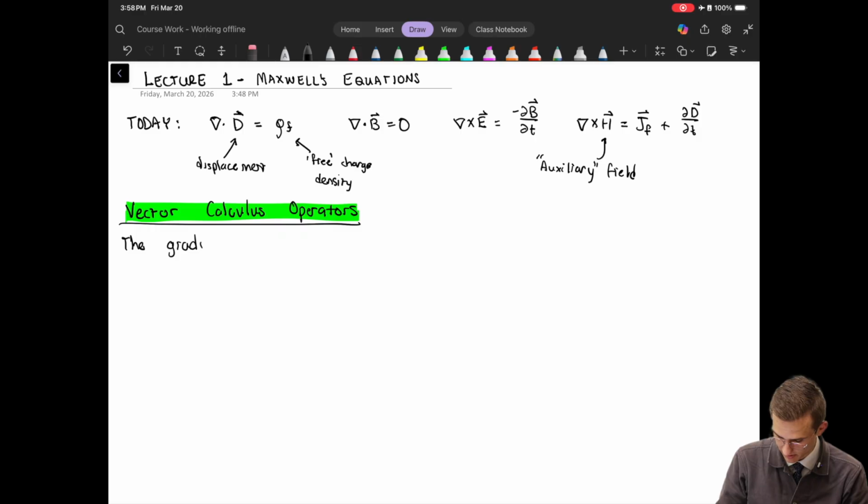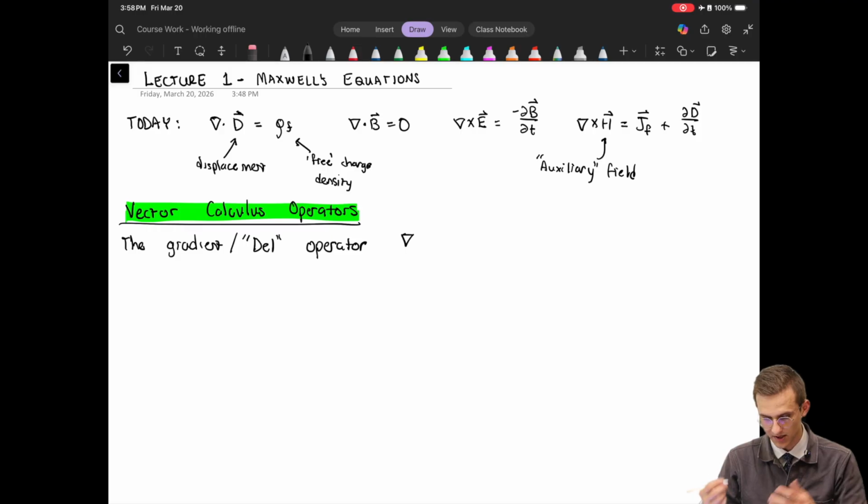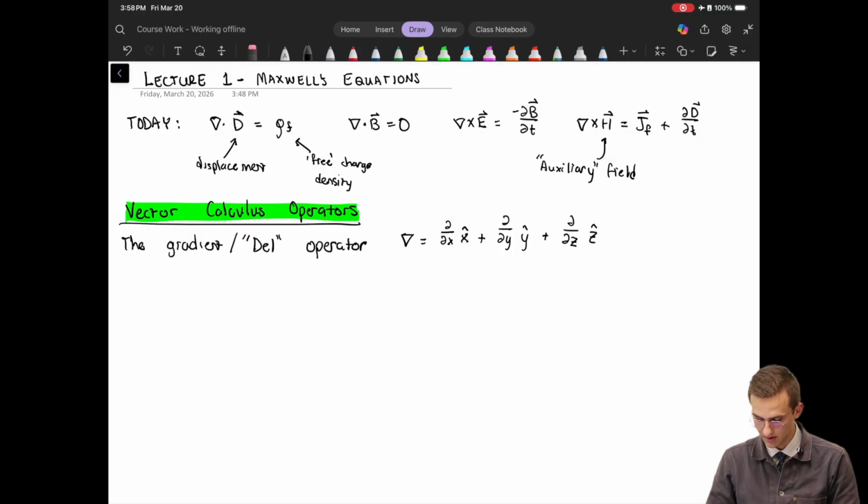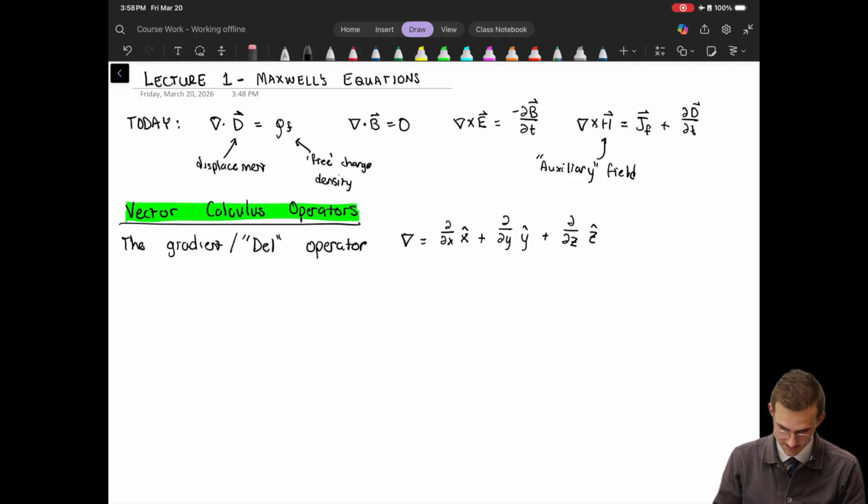with the gradient operator, or the del operator, sometimes it's called. It's denoted as this upside down triangle, sometimes with a vector sign on top, sometimes not. I'll usually omit it because there's not really a reason to disambiguate, because we always know it's this vector quantity. It's an operator, and it behaves like a vector with the derivative along the unit vector direction for each of the elements of the vector. Okay, so this operator can act on a scalar,